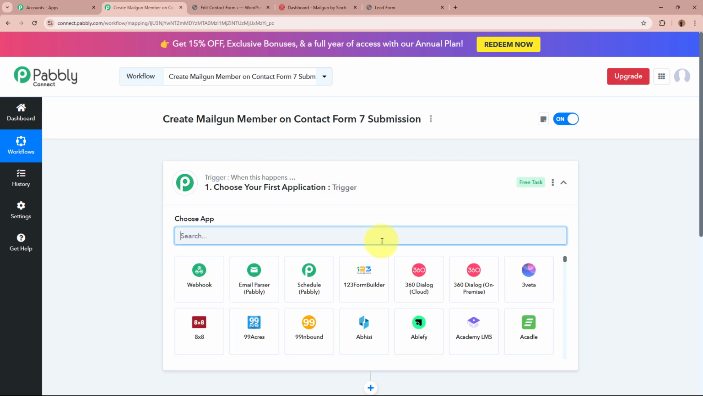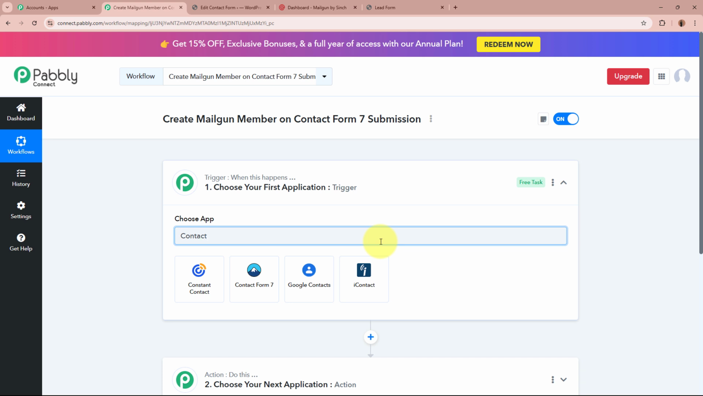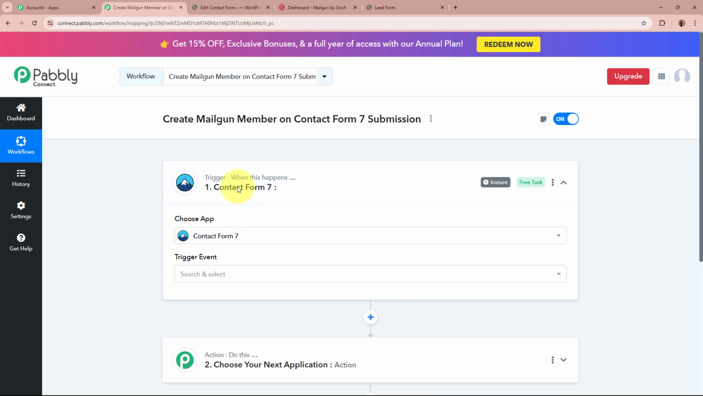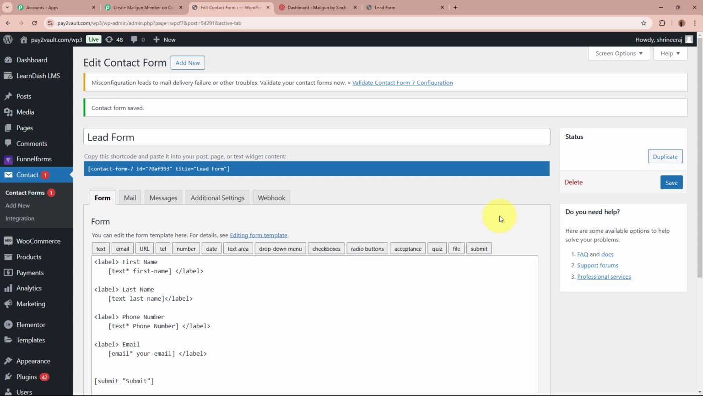We are going to set up our trigger step first. And for the trigger application, I'm going to select Contact Form 7. With the help of Contact Form 7, I have created a form with which I am